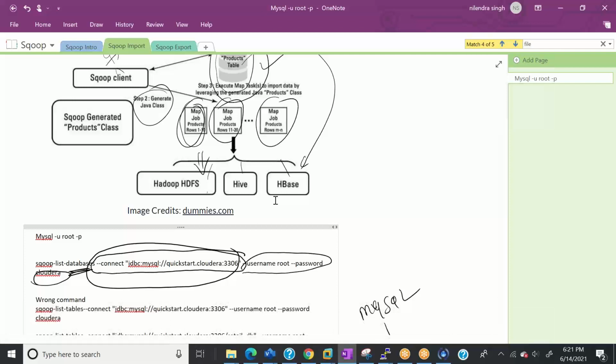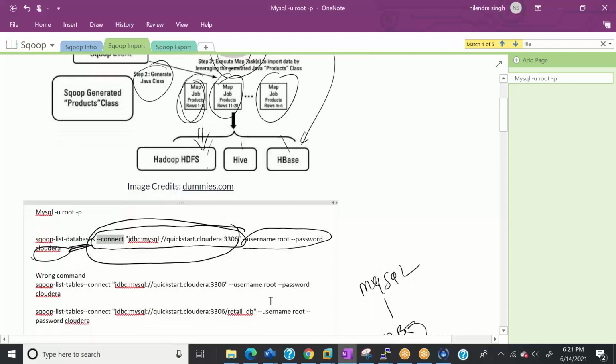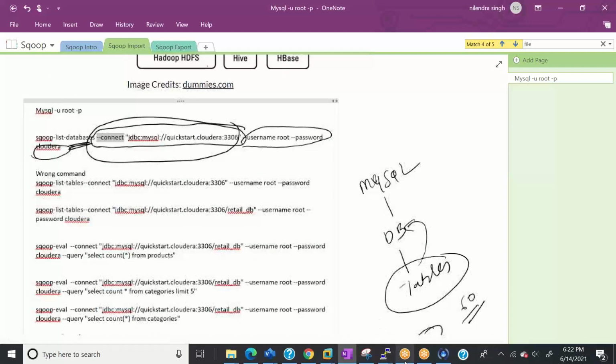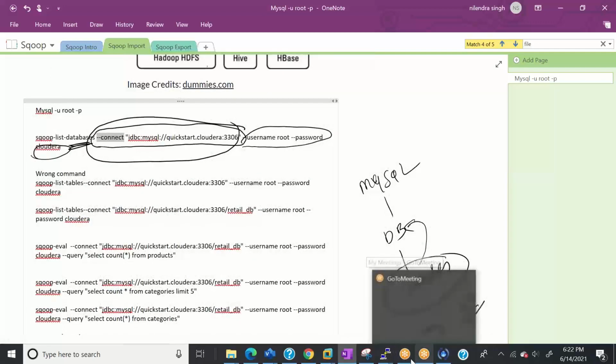To connect to the source database, we'll start with the --connect parameter, and then we'll give the JDBC driver and user ID and password, right? And then in Sqoop, we can connect to a database and run a command as if we are running the command in the database, and we call it the eval command. So for example, let me cover the eval command quickly first again.